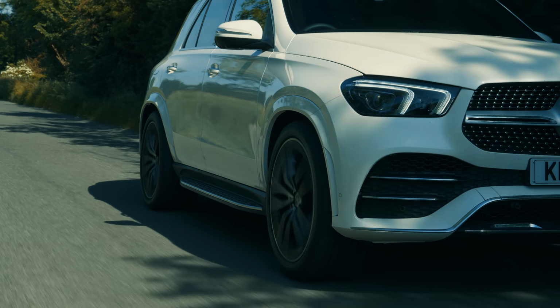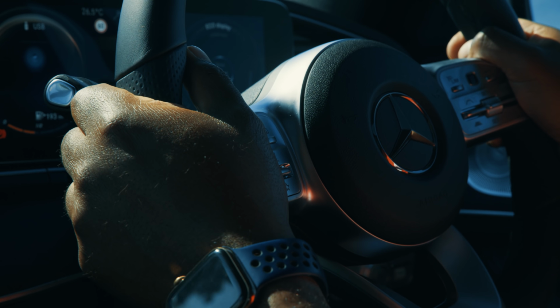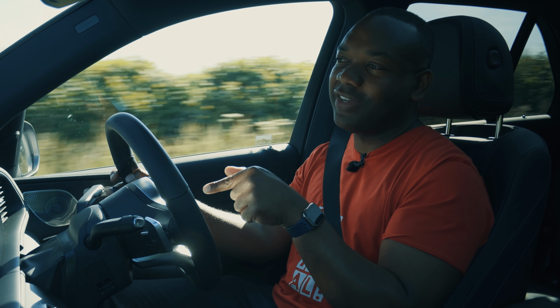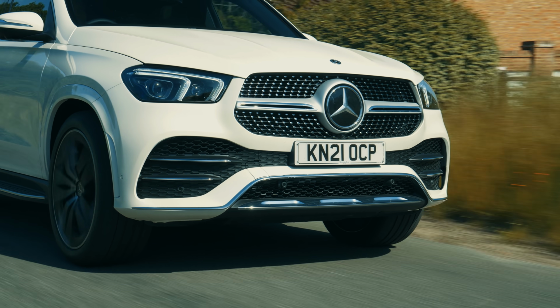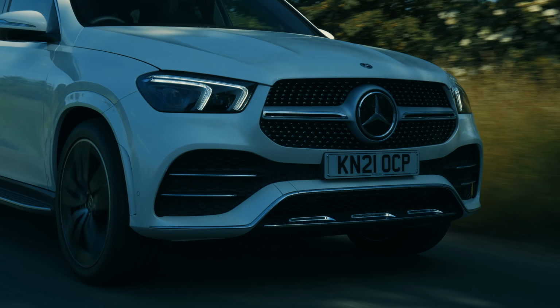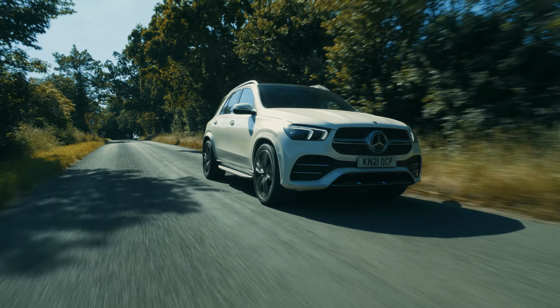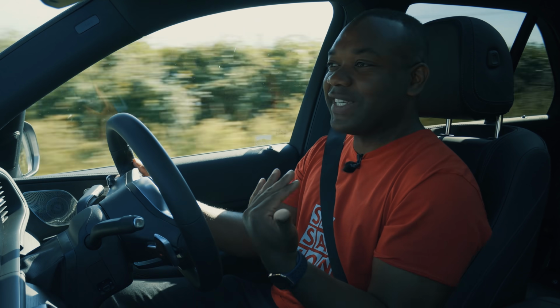The pedals are nice and soft. The steering isn't hyperactive. It's just a chilled out vehicle for you and your family. There is one slight problem though, and that is that the suspension is a little bit wallowy. It almost feels as if I'm driving in a boat on the ocean in slightly choppy water. On a lot of these roads, which aren't perfectly flat, you get a lot of undulations, and the GLE seems to want to follow these undulations a little bit too much,